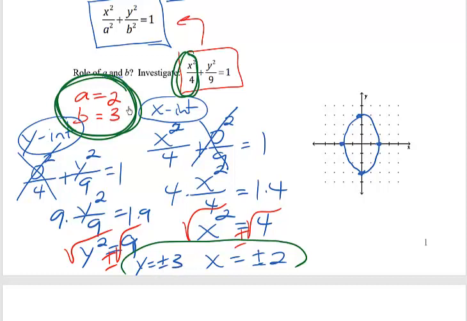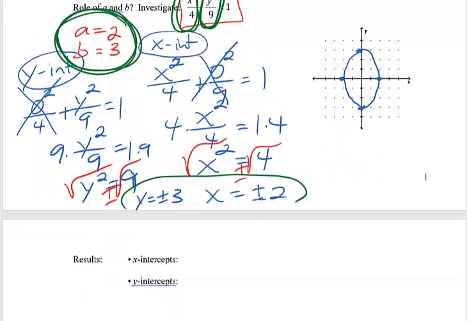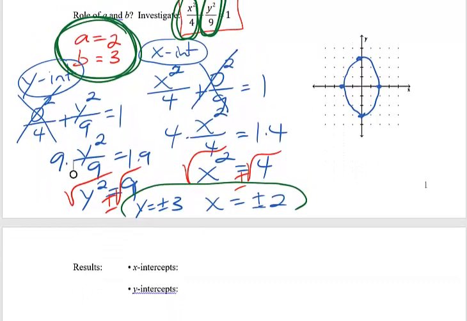That's what b is, 3, the number that came from the y part of the equation. Let's summarize our findings here. Basically what we're saying is every time you have one of these things, the x-intercepts are just going to be plus or minus a, and the y-intercepts are going to be plus or minus b. Once you see the pattern, you don't have to do all the work again, and it makes these problems very,